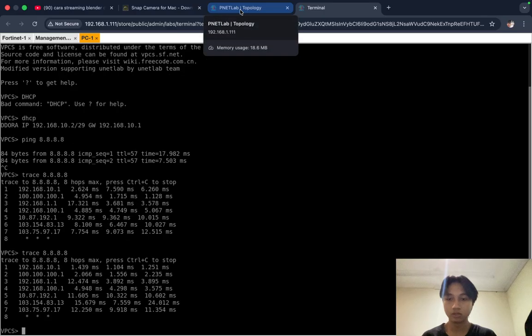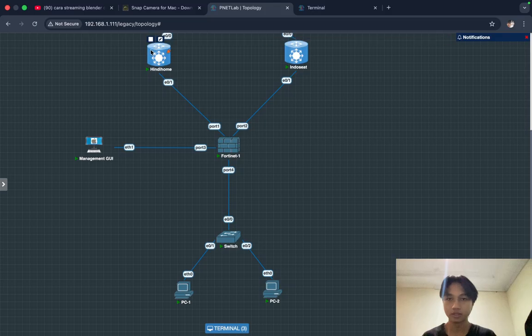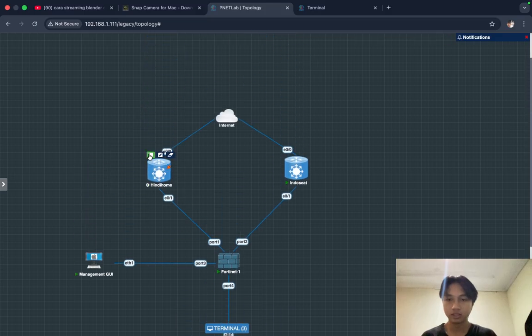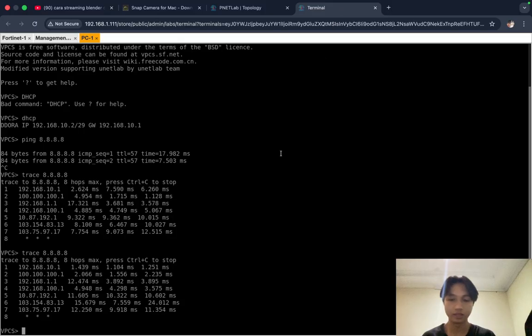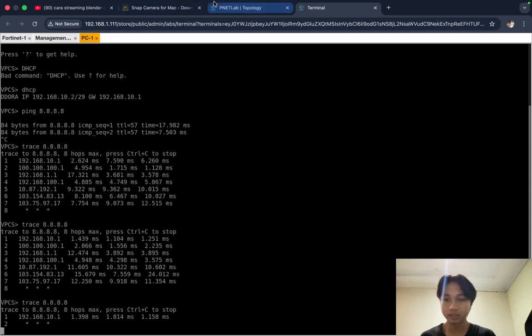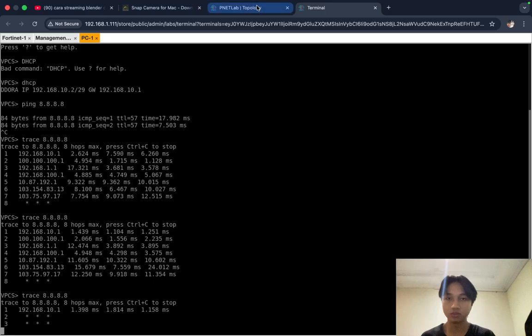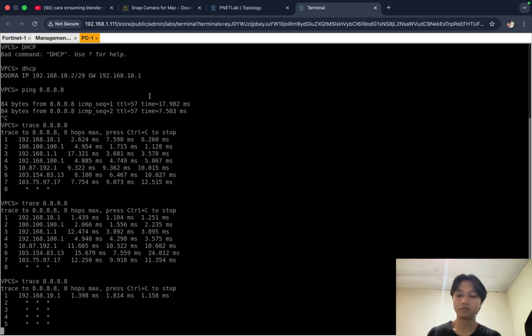Alright, now I want to shut down this ISP, and let's see whether the gateway changes to the backup or stays on the main ISP. Let's see. Yep, in here we can see the gateway is not changed to the backup because we haven't configured the failover.